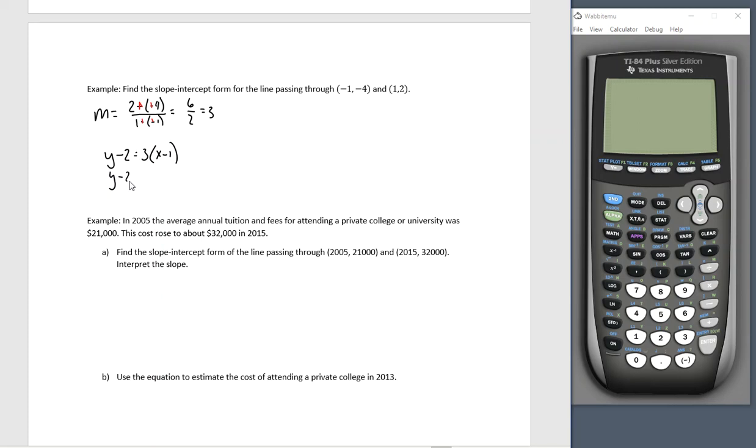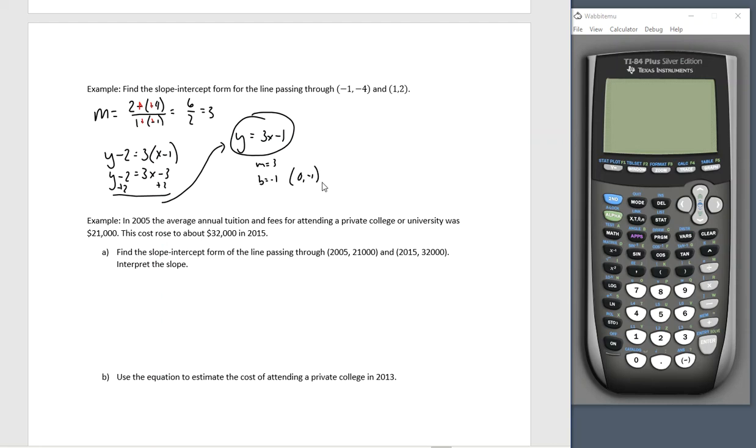Now I can distribute the 3, add 2 to both sides, and I'll write this top of the next column over here, y equals 3x minus 1. Slope and intercept, I know my slope is 3, I know my y-intercept is -1,